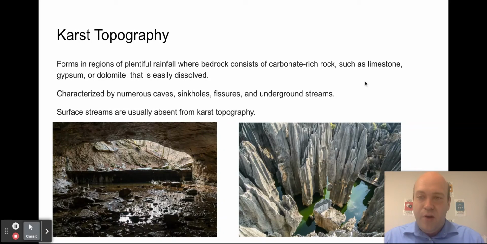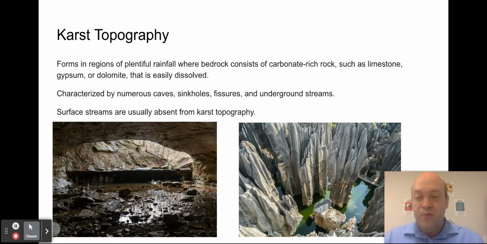Getting on to this karst topography that I mentioned, sometimes if the makeup of the rock is just right, then precipitation will pick up CO2 and make a weak carbonic acid, and it will erode some of the rock as it flows, and it'll seep in and dissolve some of the limestone usually. Sometimes these others, though, gypsum and dolomite, can also be dissolved by this weak carbonic acid,